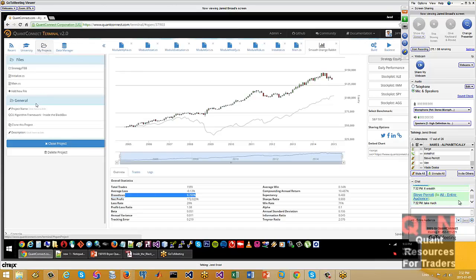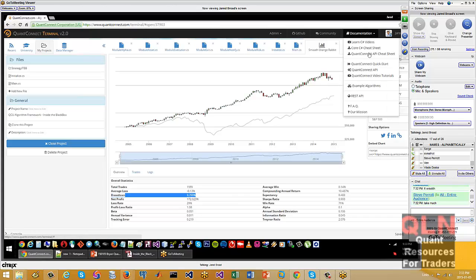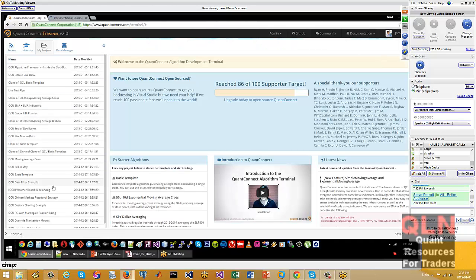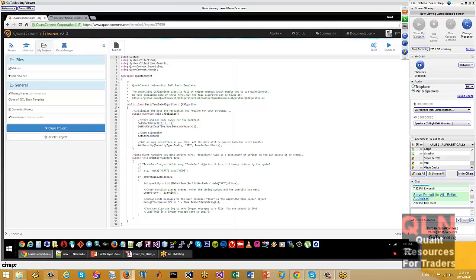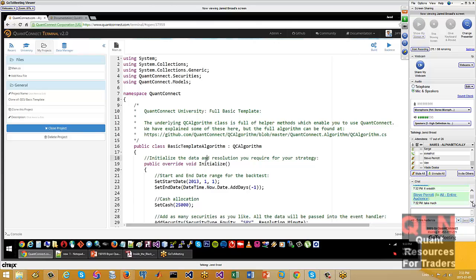So yeah, just jumping back to the simple template. Does anyone have any questions about the basics of the API or how it works, or what this basic algorithm is doing?